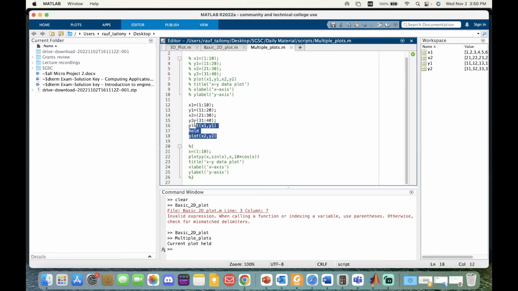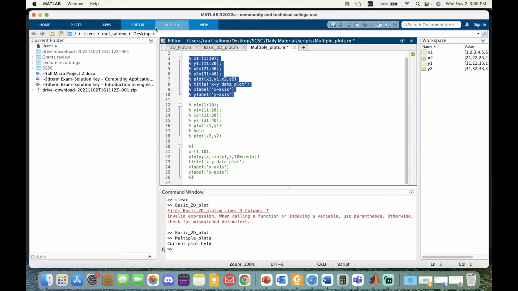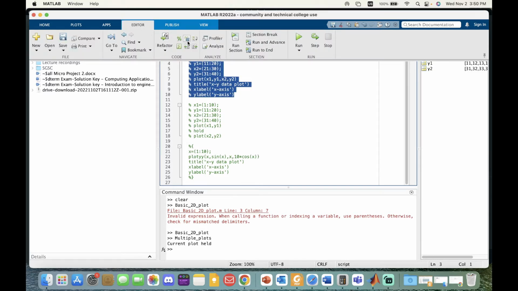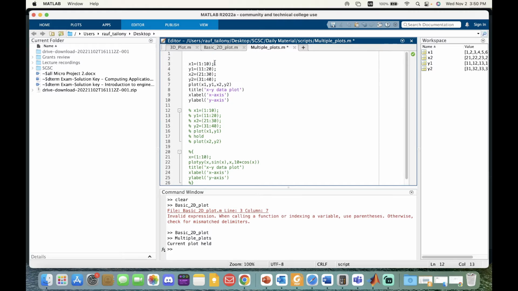Now, of course, we said using the title and xlabel, ylabel. Of course, that's something I'm going to ask you about in the exam. So notice here, when we created this script, I'm uncommenting here. So you identified your x1, y1, x2, y2, then you plot them all. Now after the function plot, you say title; you can call the title whatever you want. And then you write xlabel, between the quotation you write whatever you want, ylabel, between quotation write whatever you want. The title will be in the center top of the graph. The xlabel will be centered to the x-axis, the ylabel will be centered to the y-axis,